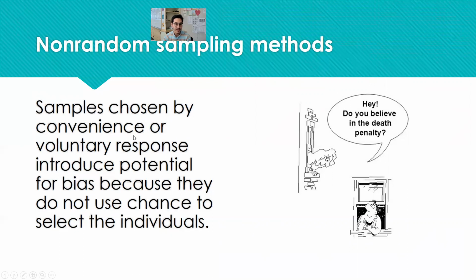Another classic example of a convenience sample is someone doing a survey about cafeteria food, and so they stand in front of the cafeteria and survey people as they walk in and out of the cafeteria. Well, the problem there is that the people you're going to encounter are people who eat cafeteria food, and so they're more likely to enjoy it or prefer it, whereas people who don't prefer cafeteria food probably aren't going to be anywhere near the cafeteria. Okay, so it leads to bias or systematically favoring positive responses over negative